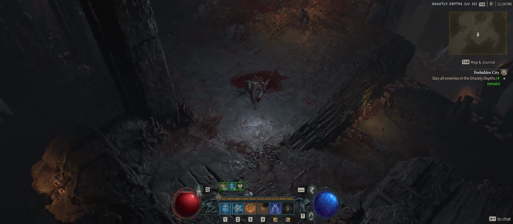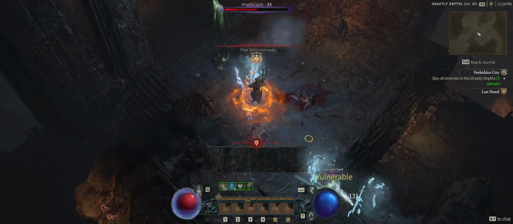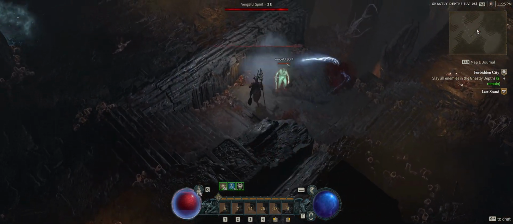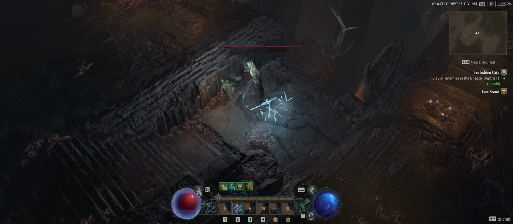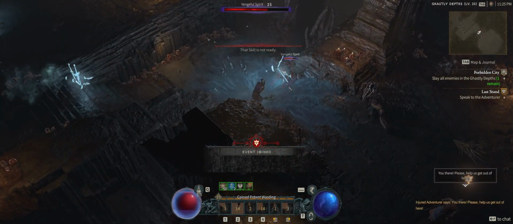Is there anything over here? And of course it's the ghosts who are being assholes and teleporting around. Look, stop doing whatever it is. I have no attacks up right now. That's the one bad thing about this ability, especially for this type of dungeon where you gotta kill the last...